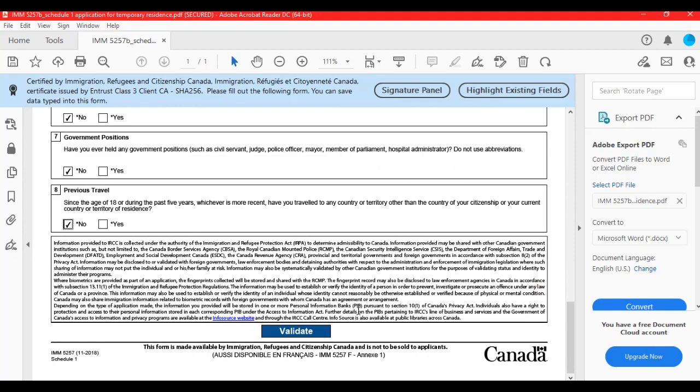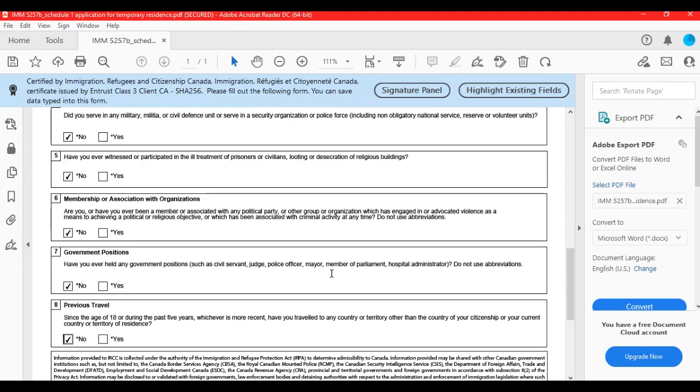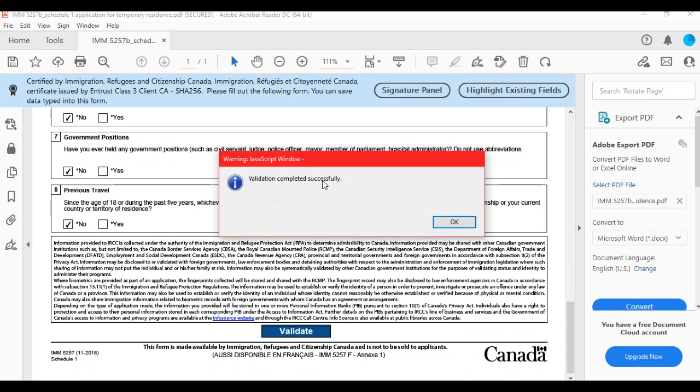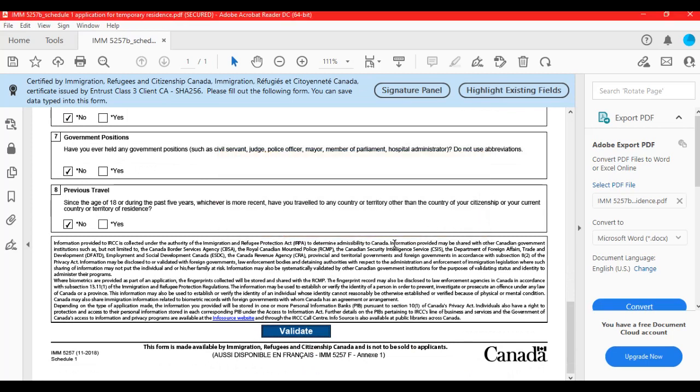Once you have filled this form, you will need to validate this form. Let's validate this form. Validation complete successfully. Click OK. So this was all about filling this form,